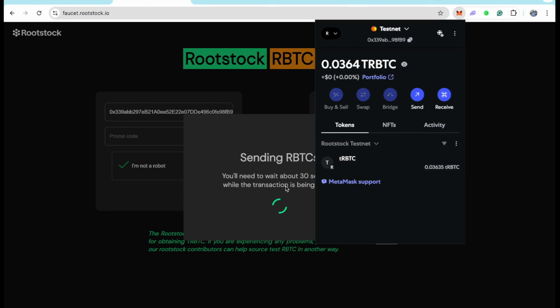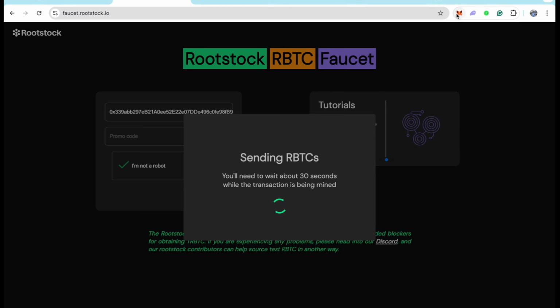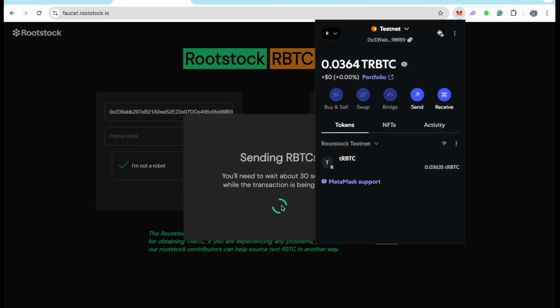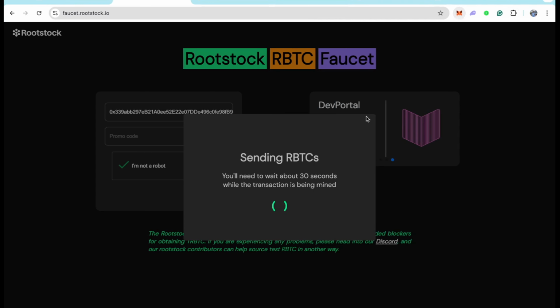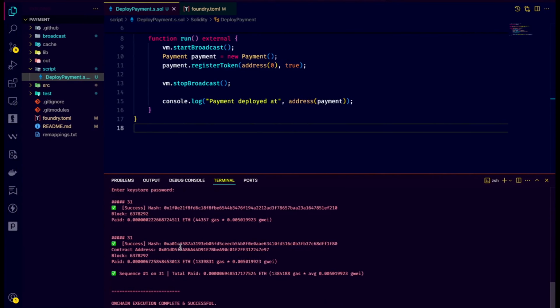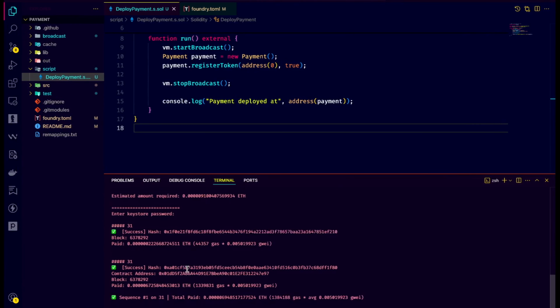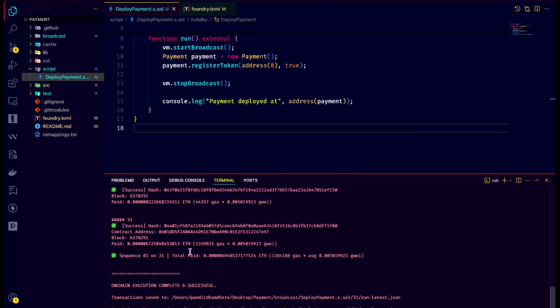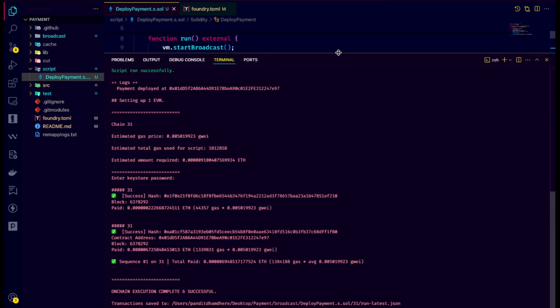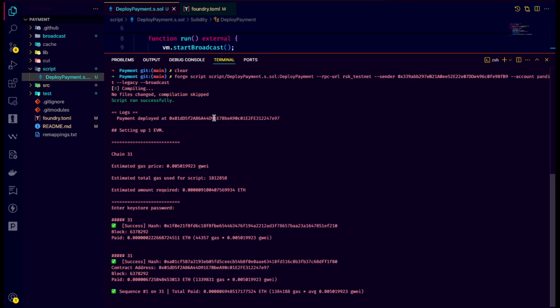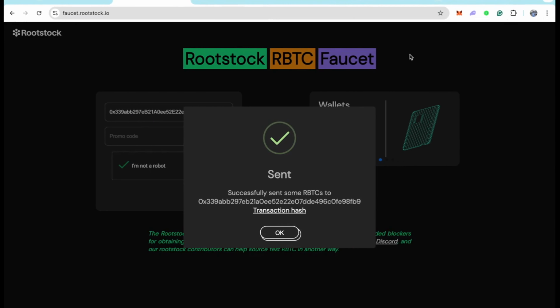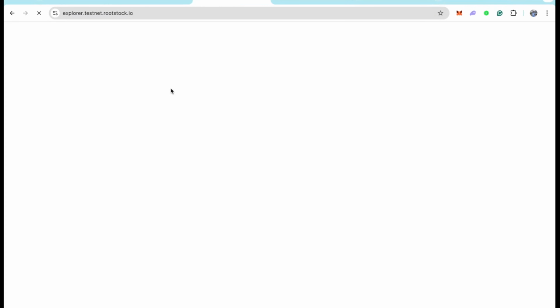You can wait here for 30 or more than 30 seconds, and once you get some faucets, it will reflect the balance inside your MetaMask. Let's go back and you can see here our smart contract is indeed deployed on the Rootstock test network. So let's go back and copy the contract address. You can see here the entire information: how much gas, what is the block number, how much gas you paid for this transaction. And let's go back, payment deployed at, copy this address